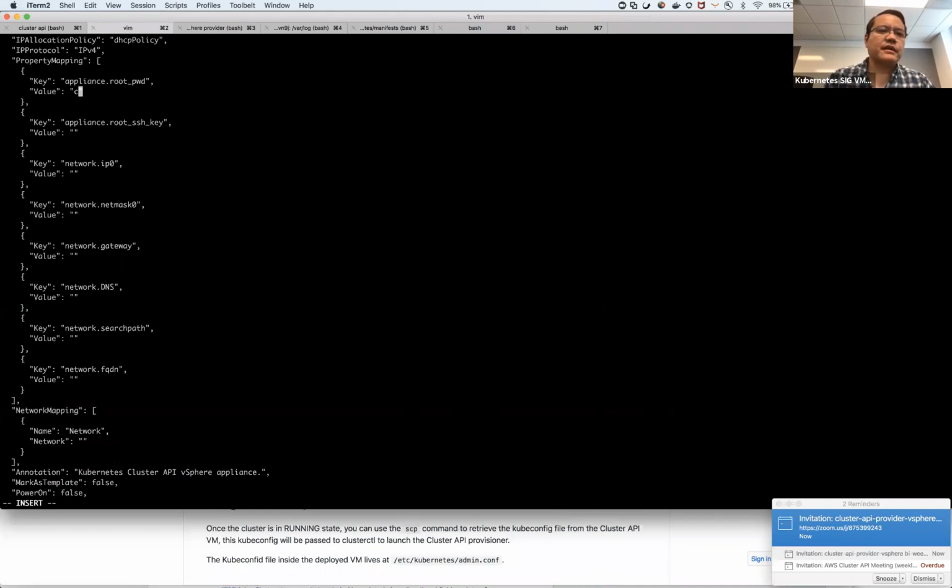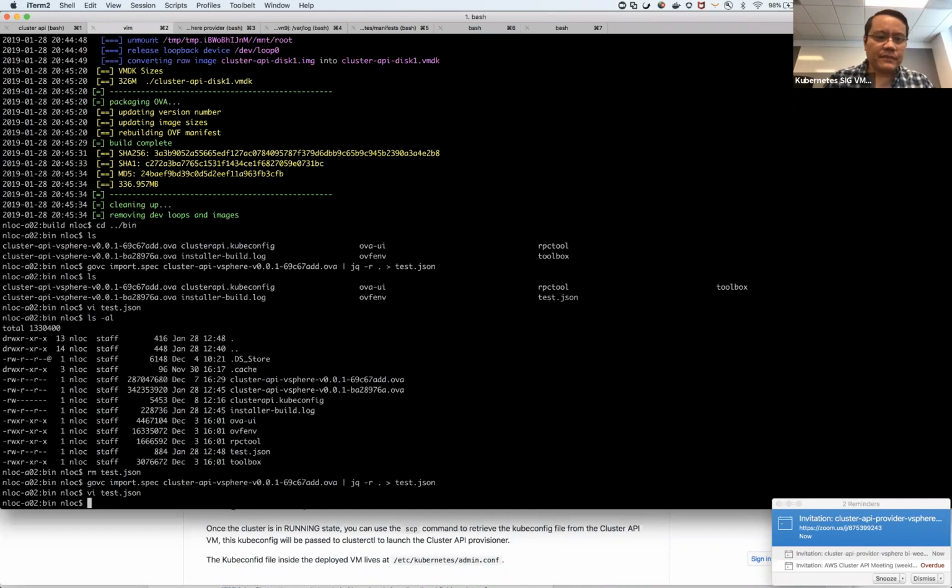This is a cluster that's sitting under my desk, so I don't mind showing you the password. So I'm going to go ahead and save that because I need